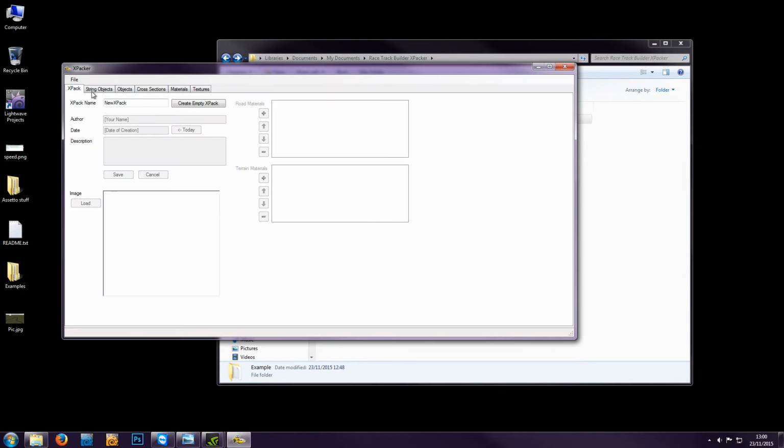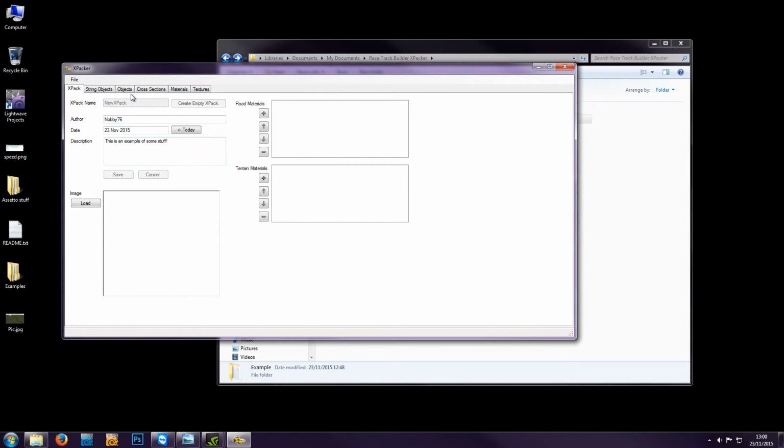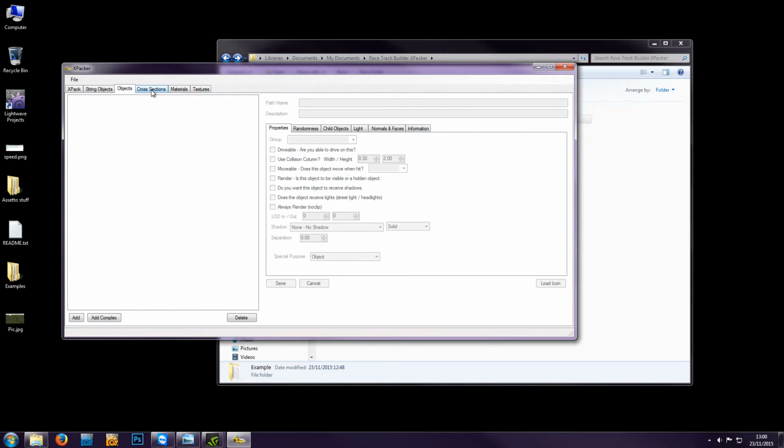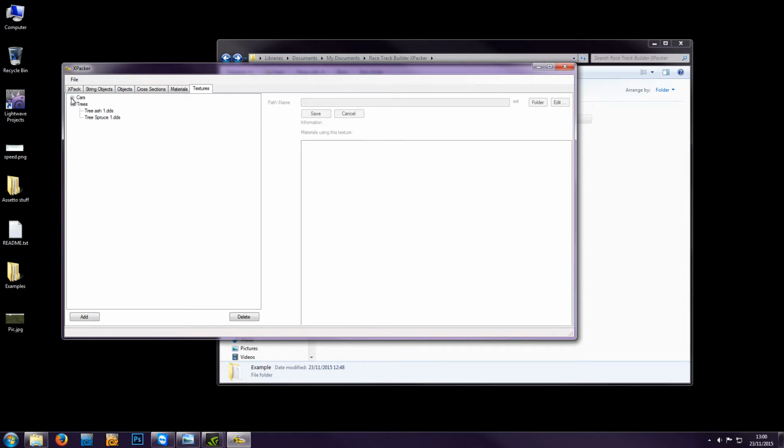So we've got File, Open, Example. Click OK. Now obviously we still have nothing in Objects or cross sections or materials, but in Textures we've got two folders, and in there are the two textures. It tells us, and our two tree textures. Now this file name,